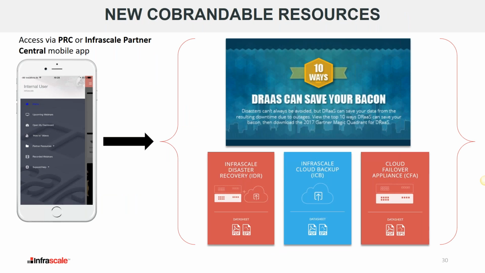In here, you also have some co-brandable resources. So this new infographic, what you want to look for is the EPS icon or link next to the file, and that'll be an open format that you can open up in Adobe Illustrator or something. So your designers will be able to co-brand those documents for you.